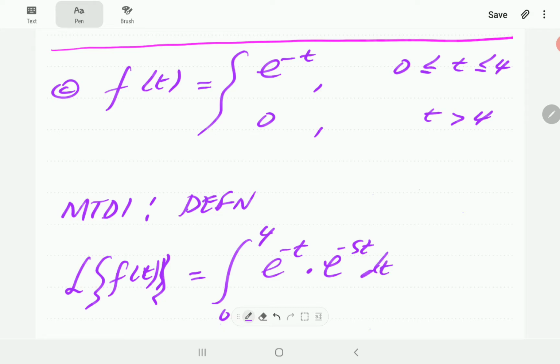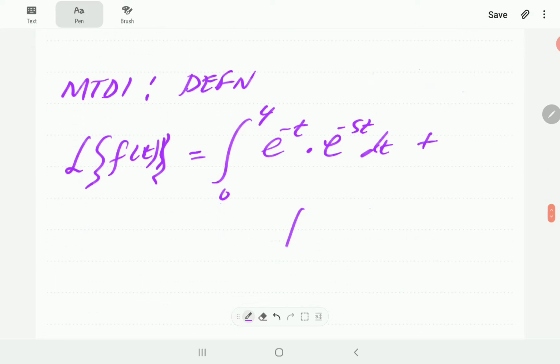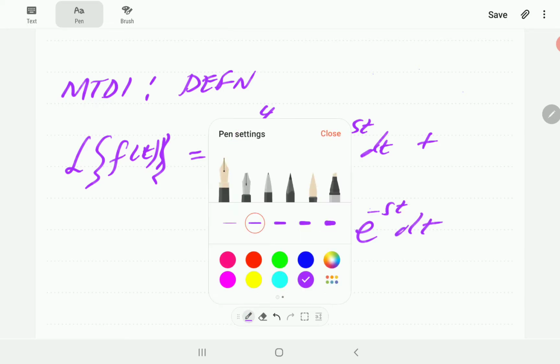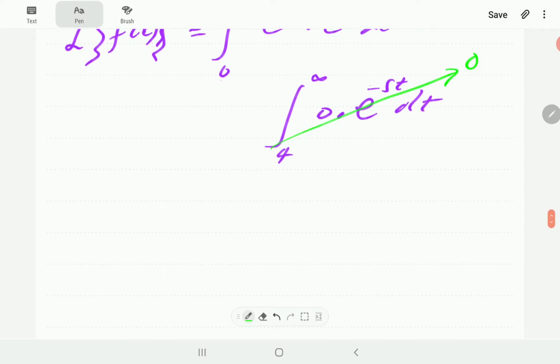Then by definition we multiply that by e to the minus st. Then we're going to get the interval from 4 to infinity. In that interval, the function is defined to be 0. So that means this second term is automatically going to vanish. So we only have the integral from 0 to 4